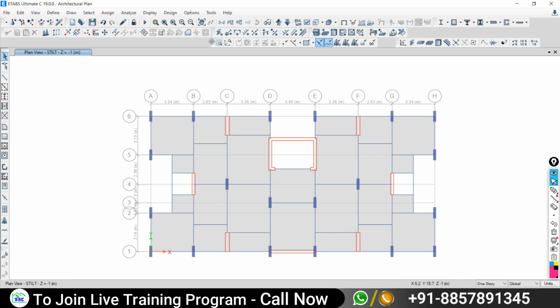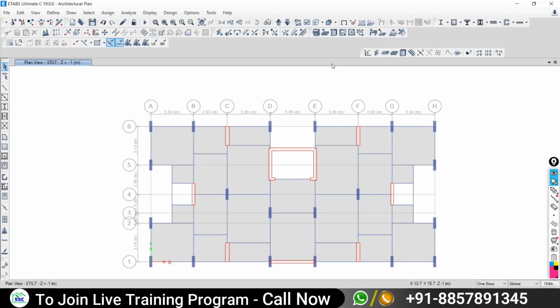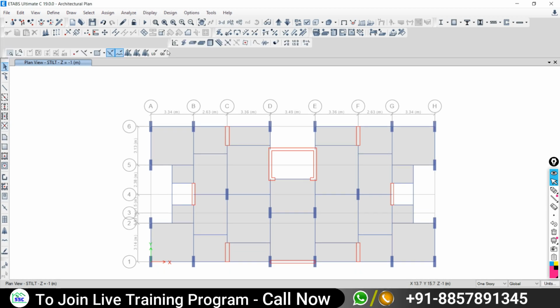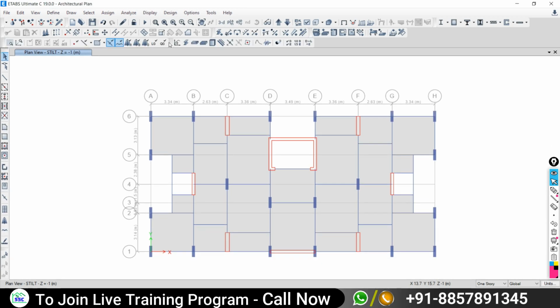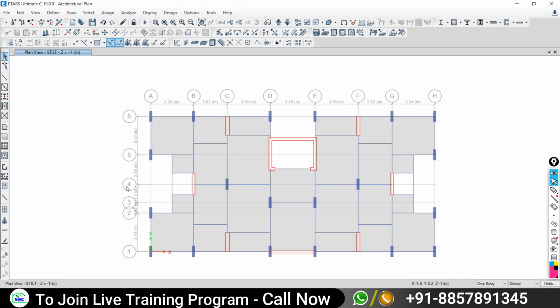I just want to have this at the left hand side, so it is going to be set here. Is that all okay? In this way you can set your quick access bar. Yes, sir.